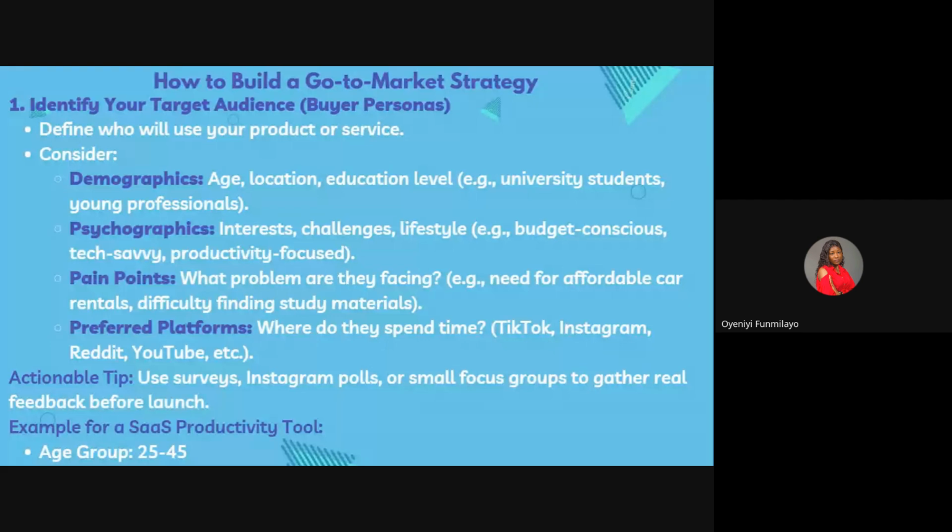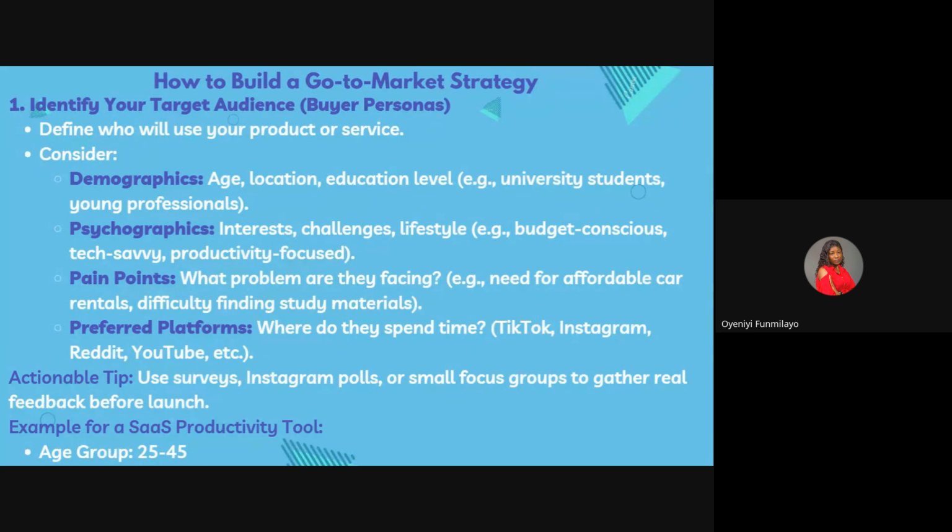So if you want to sell, let's say, a course now, you can go to Instagram to sell your course. Maybe you want to sell a course to young professionals or something. It's not like you will not meet young professionals on TikTok, but you see them more on Instagram than TikTok, right? So you need to be able to define your user personas, your buyer personas, and preferred platform. You need to be able to define all of this.